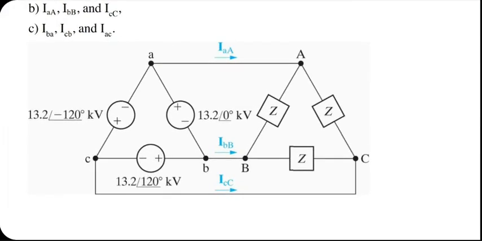So the driving point here is that a line current will not be equal to phase current. It will be the algebraic sum of two currents coming in from the two different phases at node A, at node B, and at node C. I'm talking on the generator side, right? And on the load side also, the line current coming in will actually get divided to give you two different phase currents. At capital A, you'll have IAA coming in and getting divided, not equally, of course. Well, actually equally in this case, maybe. We don't know. But in general, not equally. So that current will get divided and will give you phase currents on the load side.